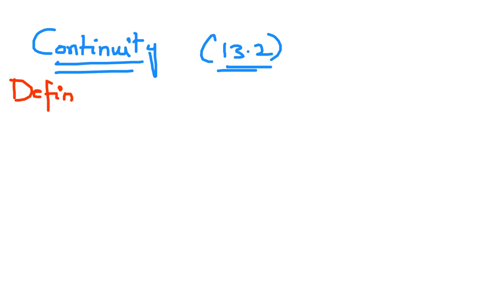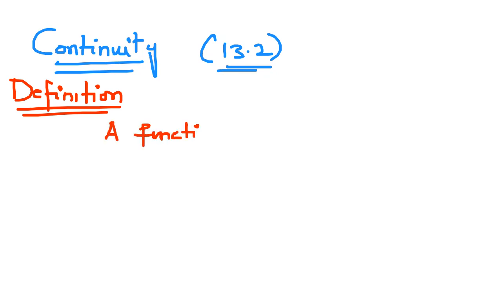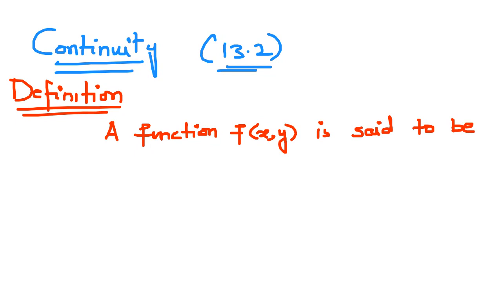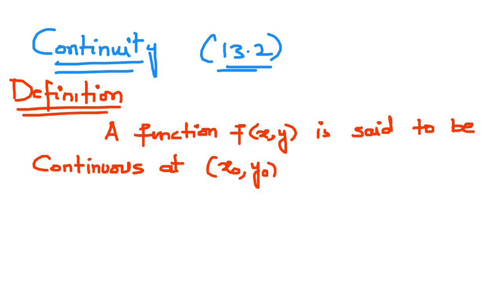If you have any function, for example, a function f of x y, it is said to be continuous at a point, for example the point x naught, y naught,